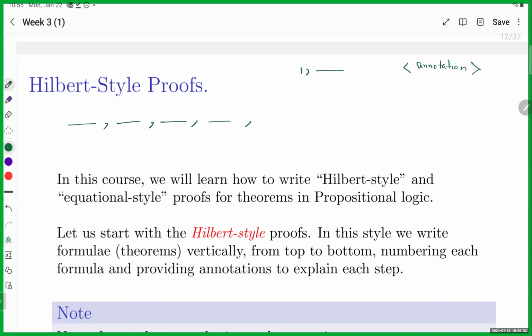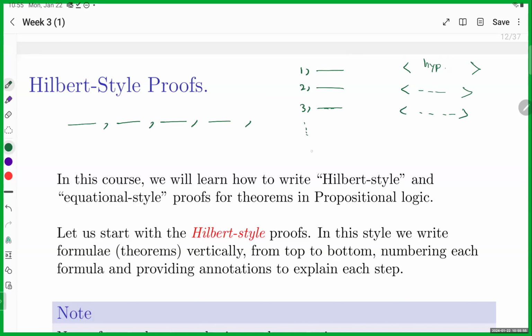How did I get it? Was it an axiom? If it was an axiom, then I write an axiom. And sometimes I'll tell you which axiom as well. If it was a hypothesis, then I say it's a hypothesis. And step 2, I do the same thing. I annotate how I got it. Step 3, same thing. And finally,